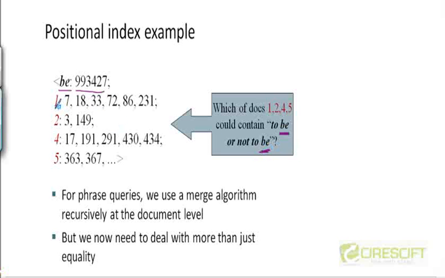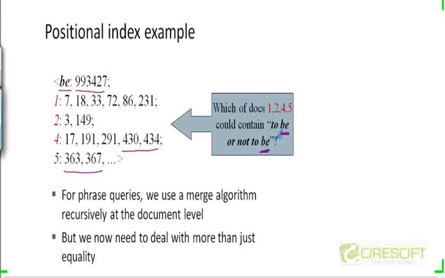So does document number 1 contain a pair of occurrences of the word be that are separated by 4 tokens? Well, no, the difference between 18 and 7 is 11. This is 15, and so on. Document number 4 contains such an instance, and document number 5 contains such an instance. Document number 2 doesn't contain. So 4 and 5 are good candidates